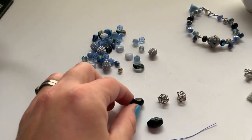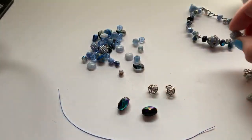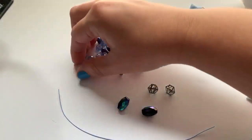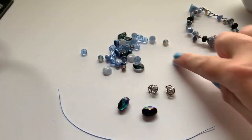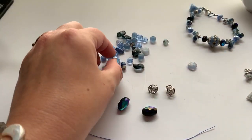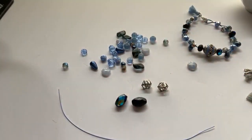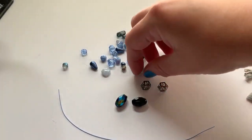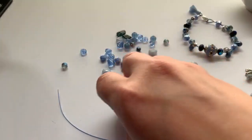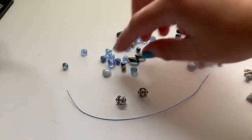We have 2 of these large black beads with the AB finish on them, so those could be an option. I don't feel like these little pearly ones really match, so I'm going to put those aside. I don't feel like these really match either. What do you guys like better with the bracelet? Do you like these cage beads as a center focal, or the larger black AB ones? Cage beads. Yeah, I think the cage beads feel like they fit. I agree with that. Okay, so we'll do the cage beads as the focal,